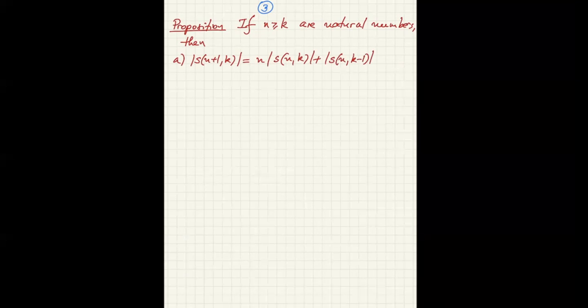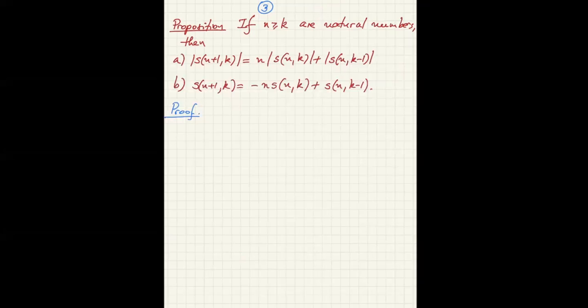And B will be an immediate consequence of this result, B that s(n+1, k) equals minus n s(n, k) plus s(n, k-1). So we'll prove part A, and we'll use part B. I'll leave the implication from part A to part B as an exercise for you. And we'll use part B later on to discover another interesting property of these